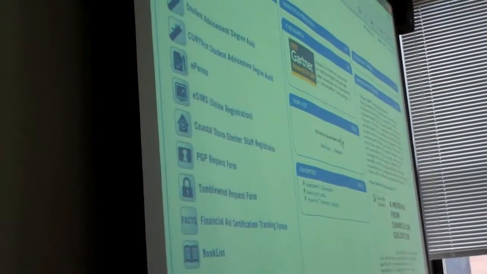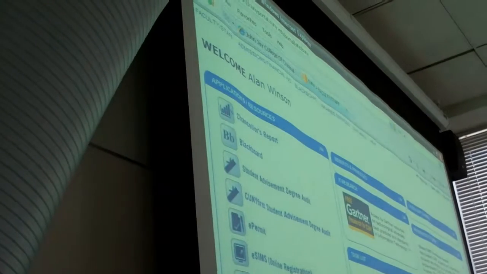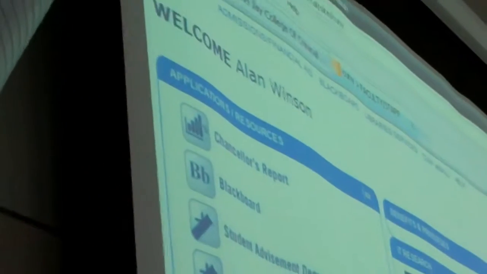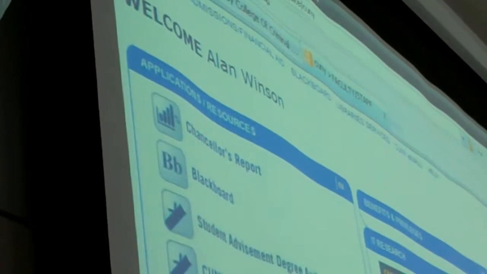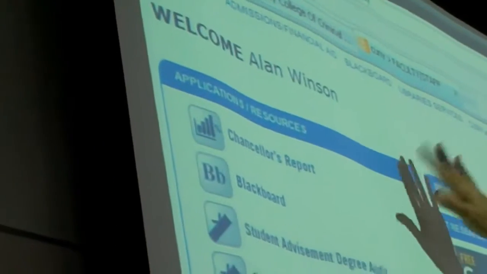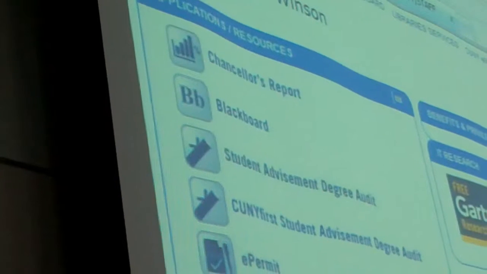And it will come up. These rooms are very slow. Okay, there it is. So you see, there's my name, Alan Winson, professor. I'm the professor here. There's a lot of stuff up here, but I'm looking for what says Blackboard at the top of the screen, right up there. So I'm going to click on Blackboard,